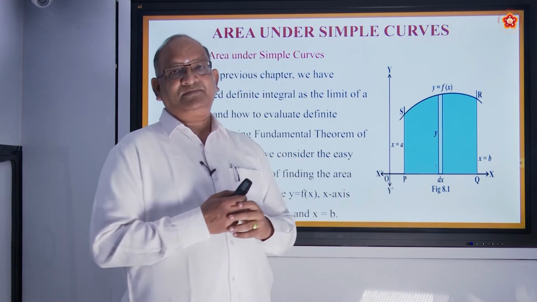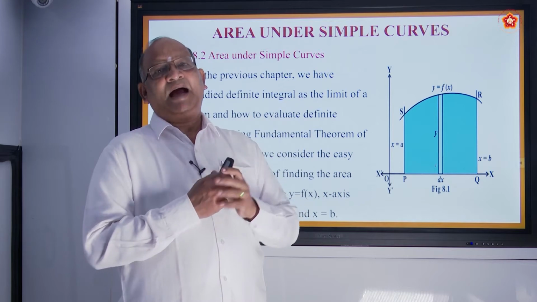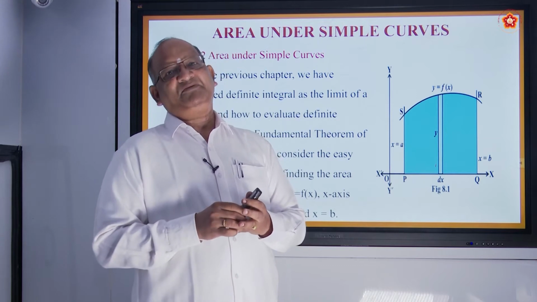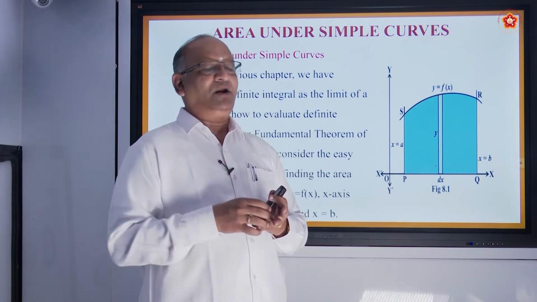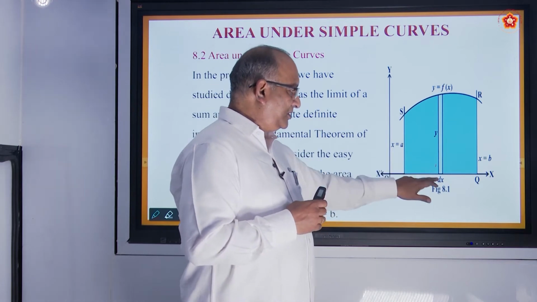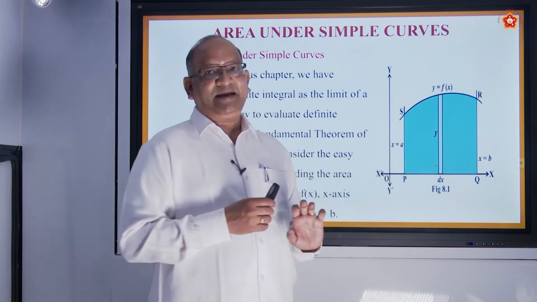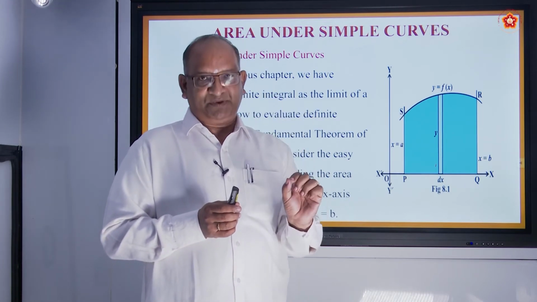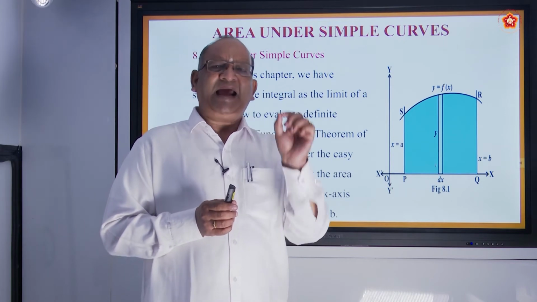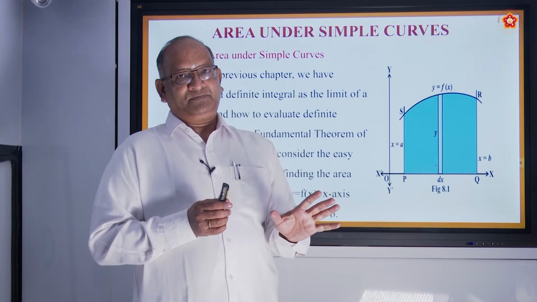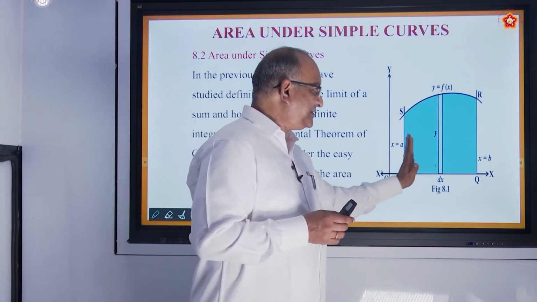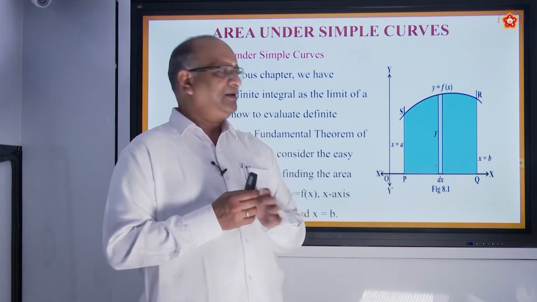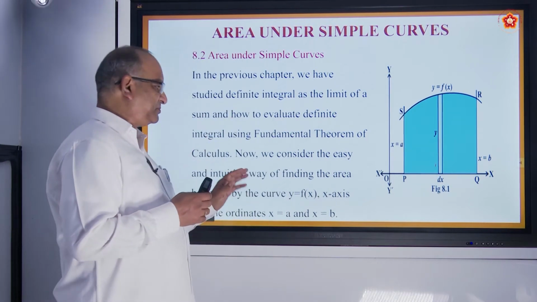Y is the function. So y is the height, and this width, which is more or less like the width of the rectangle, how much is it? Very small. We are calling it dx. So the width is dx, the length is y. If you multiply both, you get y into dx, the area of that thin strip. As I mentioned, the strip can be as thin as possible. And then from this end to that end, whatever number of strips you have got, add the areas of all of them, and you get the required area. That is what has been explained here.